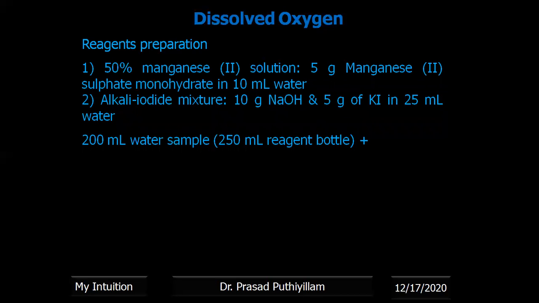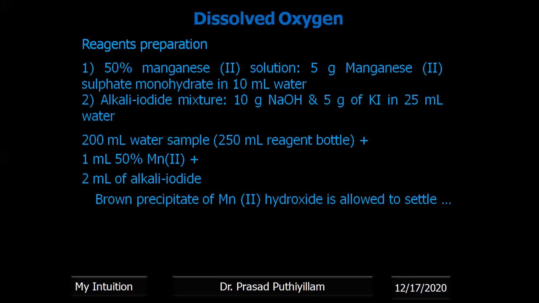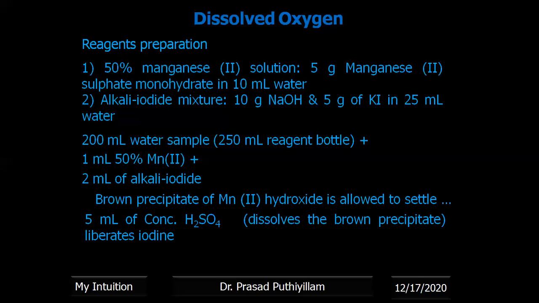and it is closed properly so that atmospheric oxygen does not mix with the water. Then 1 ml of 50% Mn2+ solution is added. To that, 2 ml of alkali iodide is added. At that time we get a brown precipitate. During all these additions, we should be very careful that extra atmospheric oxygen does not mix with the water sample. The brown precipitate is allowed to settle, and after some 15 minutes,